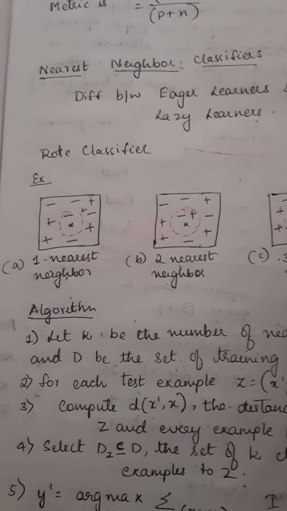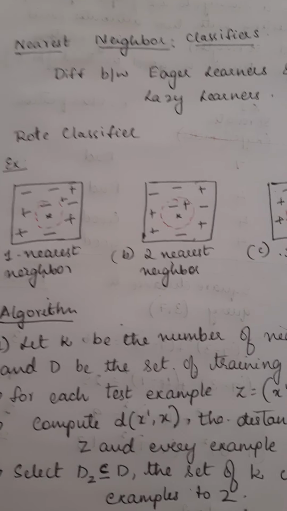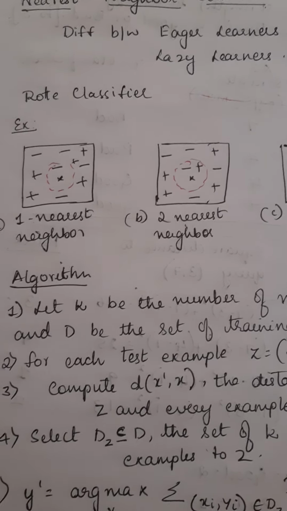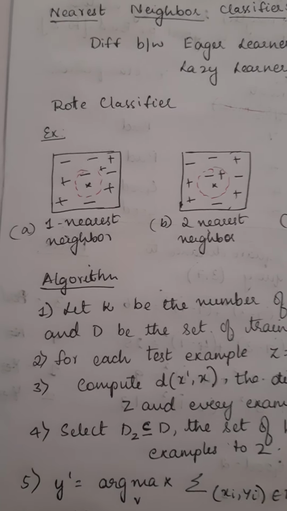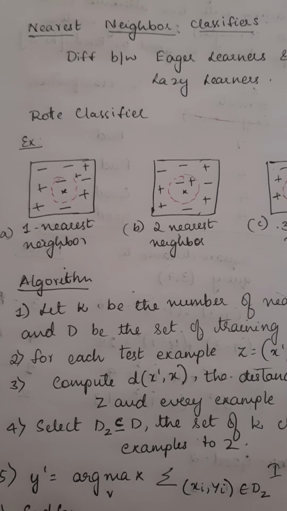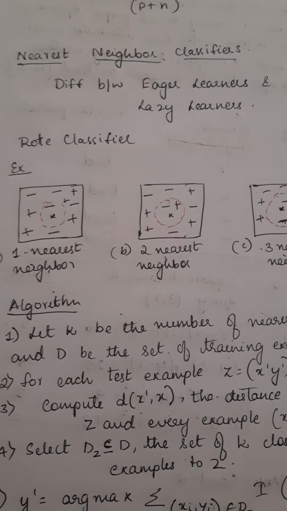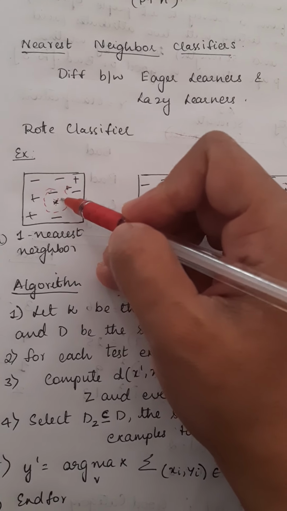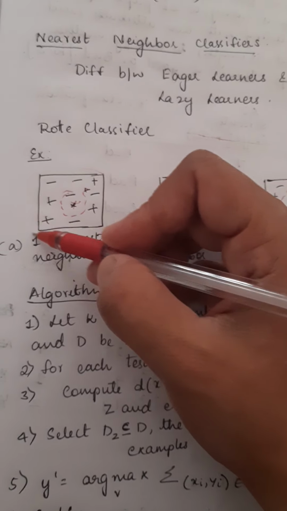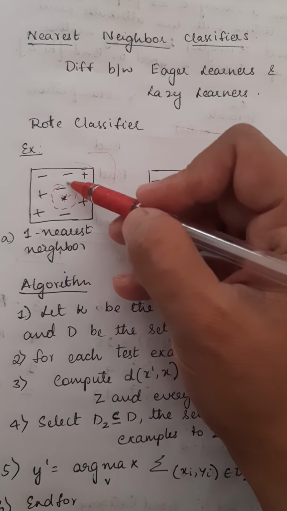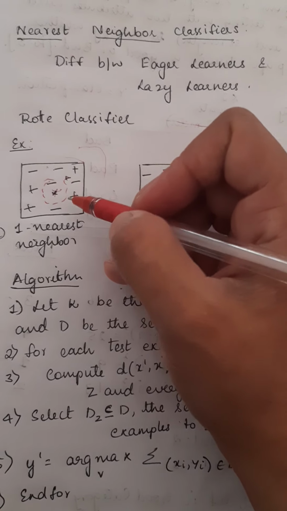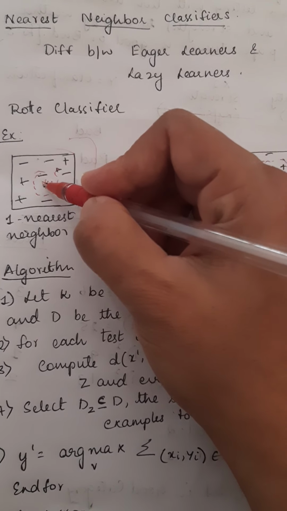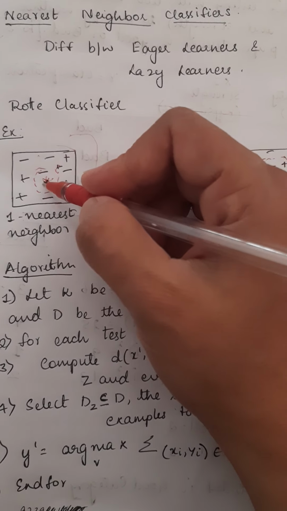Okay. Now, one more example of classification is the nearest neighbor classifier. What it does is, if I send one test instance to classify, now for example, this is the data set which I have, positive classes and negative classes. Now I have a new data point which is over here. I want to know whether this belongs to a positive class or a negative class.